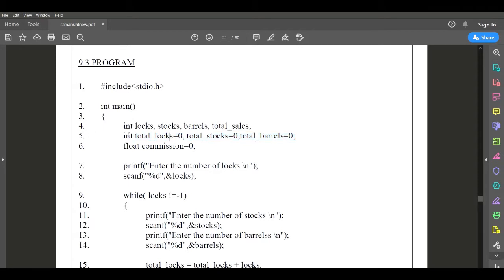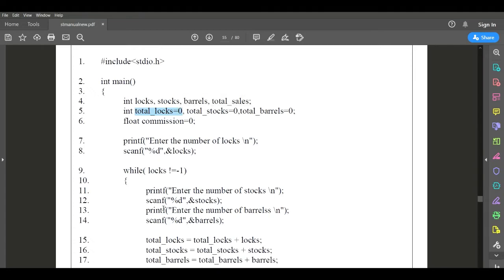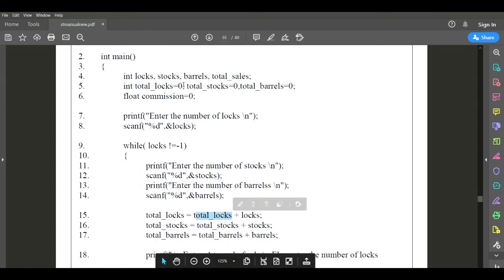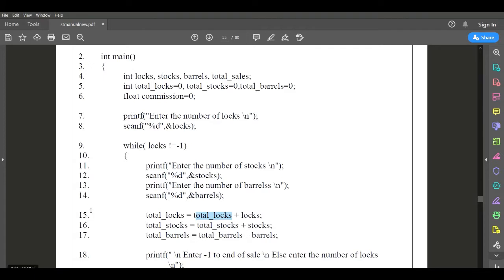Now see, this total log value is 0, where am I using this 0? That is what we call the predicate usage node: total log equal to 0. Where am I using this 0 value? Now we will check line by line. Here no, here no. Here you can see the total log value, which I first initialized as 0, I am using over here. This means line 15 becomes a usage.